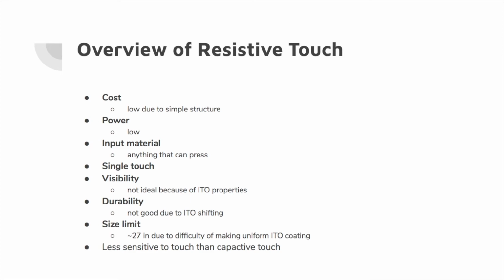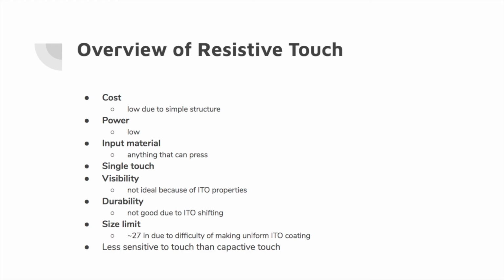A slight disadvantage to the resistive touch is that it usually registers single touch rather than multiple touches, which is the case for the capacitive touch. So it's limited in that kind of aspect. Because of ITO properties, the visibility and durability is not that great for the resistive touch. So for like the durability,